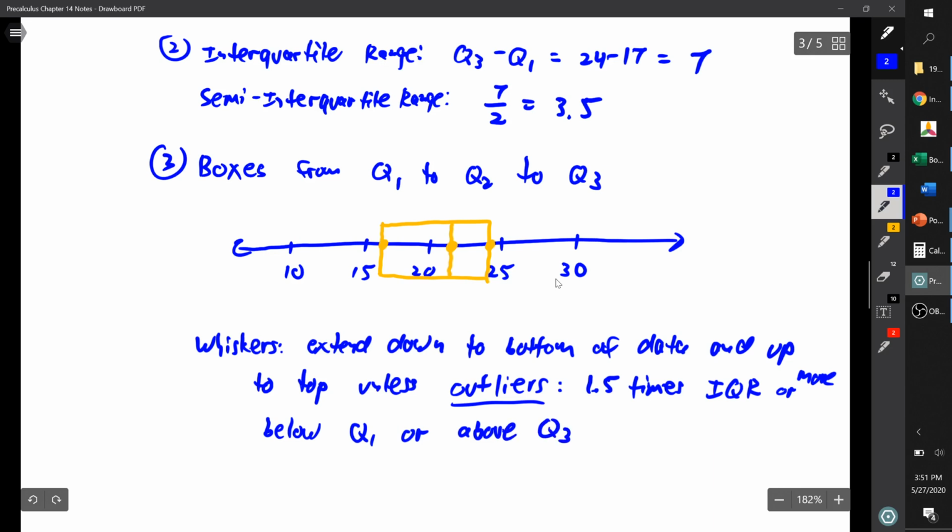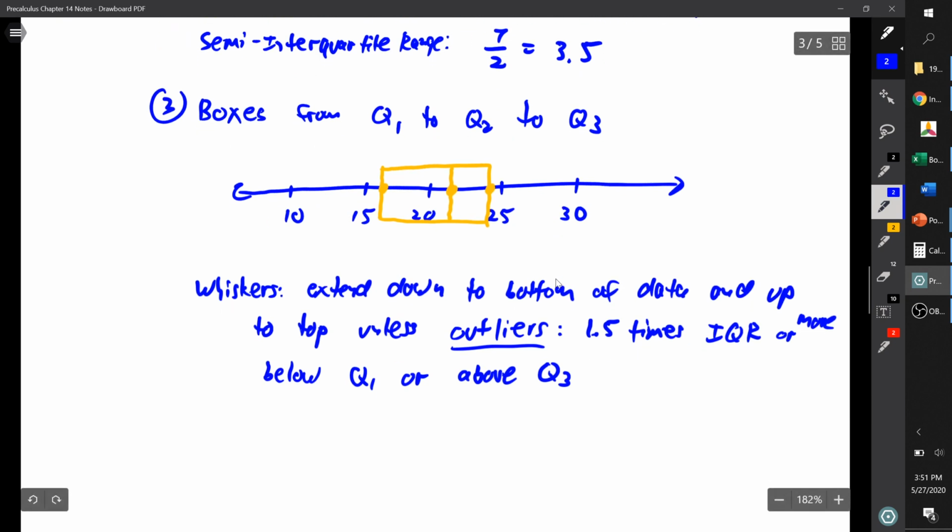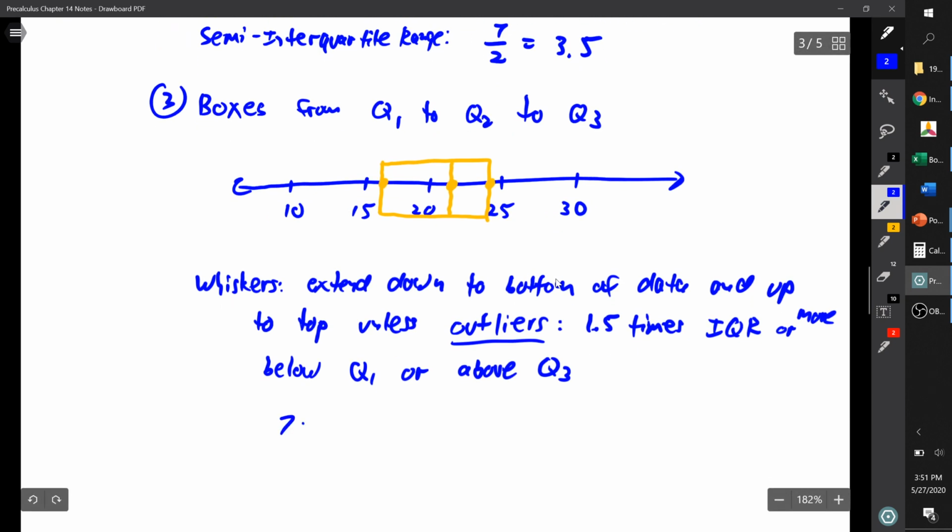Q3. So what I do is I take my interquartile range, this is 7, and I multiply that by 1.5. And I get 7 times 1.5 is 10.5. So an outlier will be any points that are 10.5 or more. Or is it more than 10.5? It's been just long enough since I've looked at the specific details here. Hold on a second. More than, yeah. So I should say that are more than